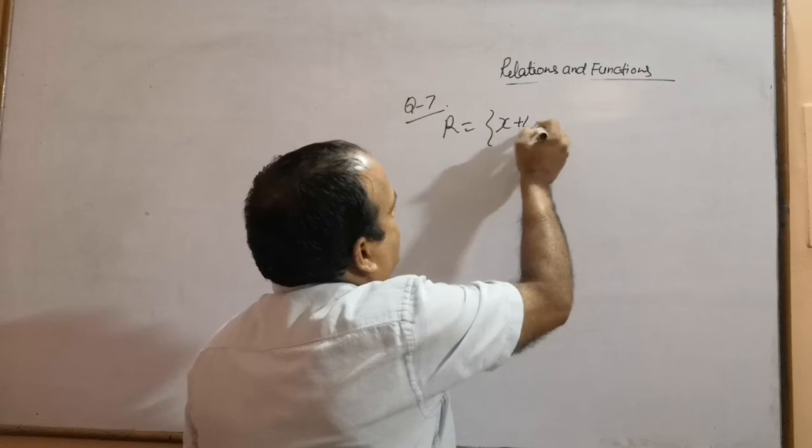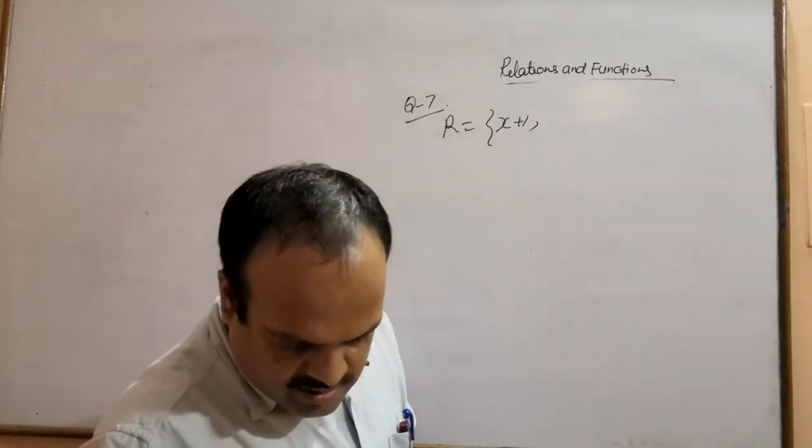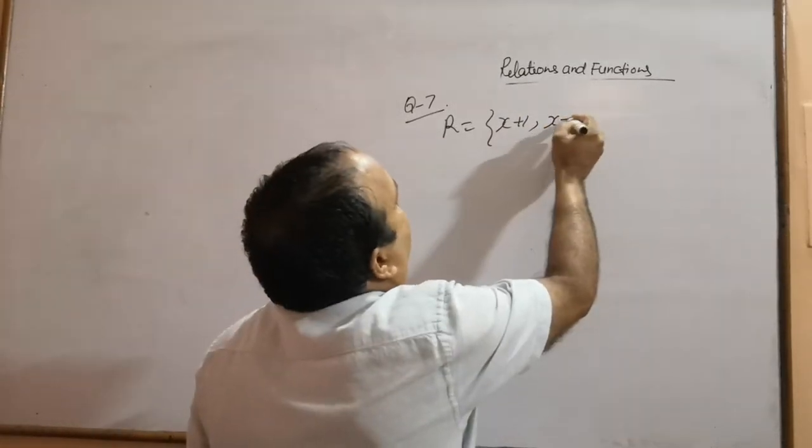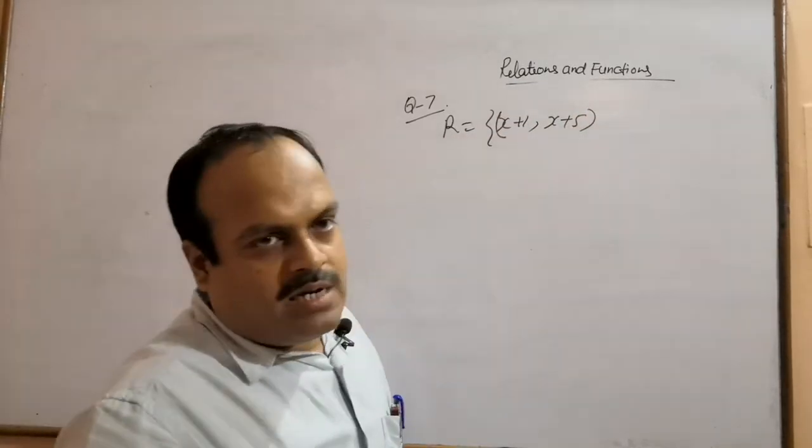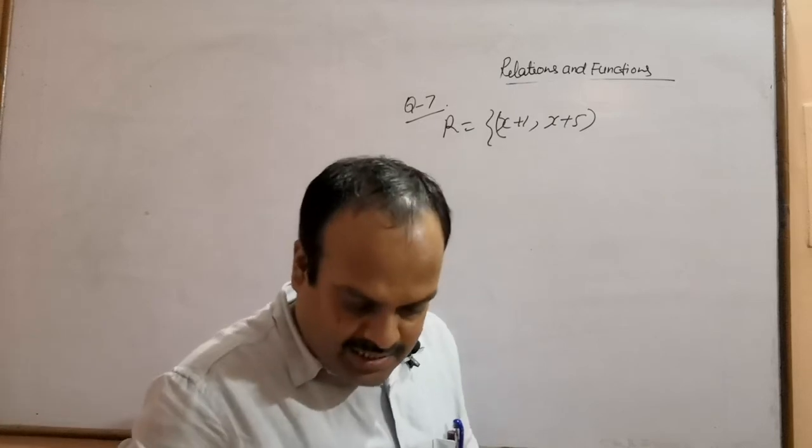So x plus 1 comma x plus 5. So this relation R is the collection of ordered pairs x plus 1, x plus 5,